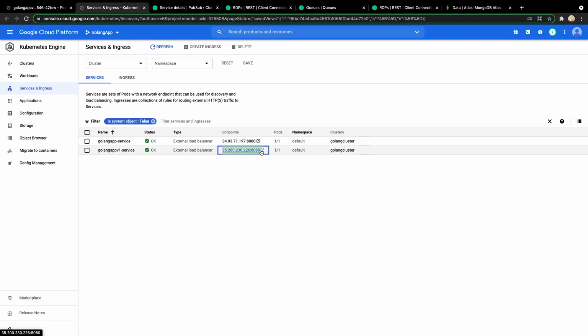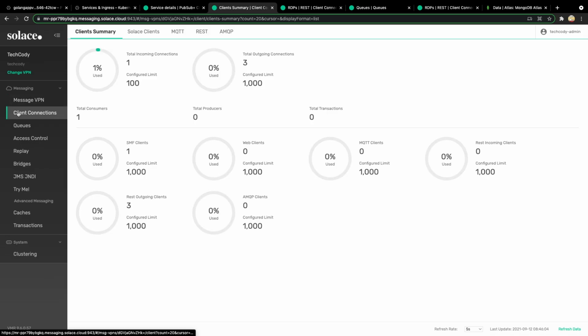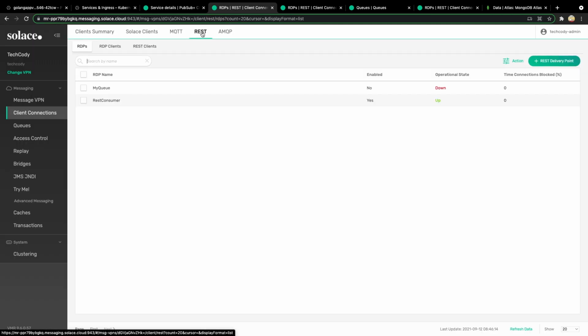Now we will go to Solace PubSub. And this is the interface which I showed in my previous video. We need to go inside the message VPN connection, and then there is a list of various integrations provided. We'll be using the RDP, so we'll go into the REST section. Create a new RDP REST delivery point. There is an option available on the right side. We need to click here and